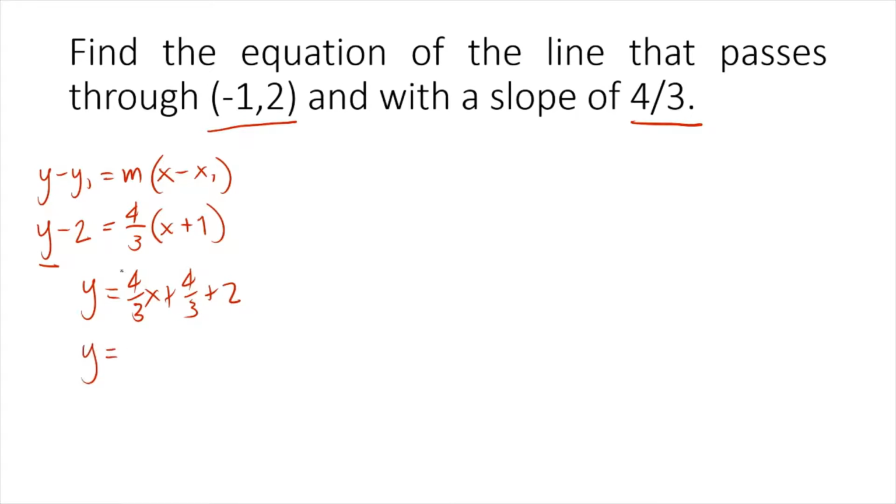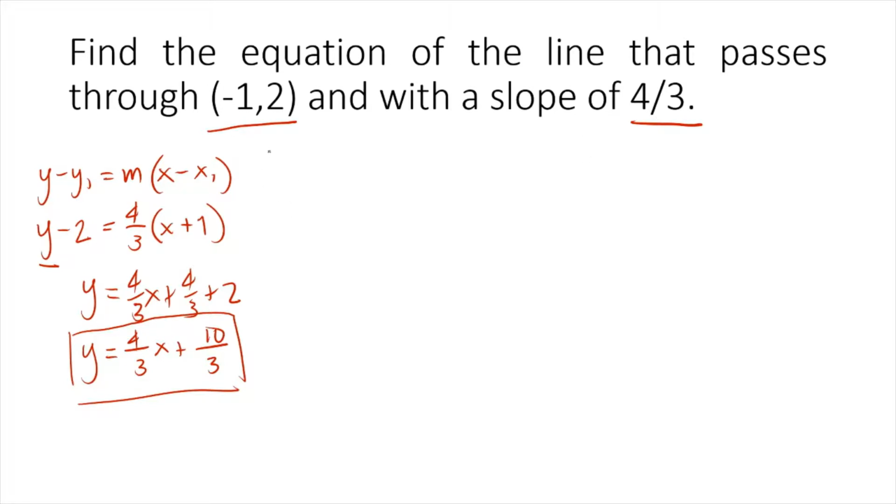The equation now: y equals 4/3 x plus 4/3 plus 2. 3 times 2 is 6, 6 plus 4 is 10. So y equals 4/3 x plus 10/3. This is now the equation of the line that passes through (-1, 2) and with a slope of 4/3. Okay,